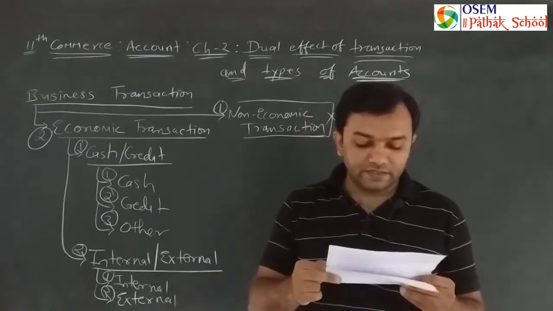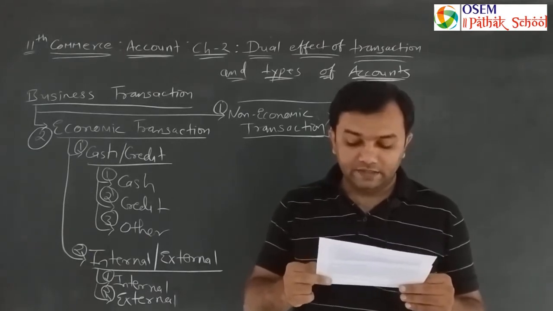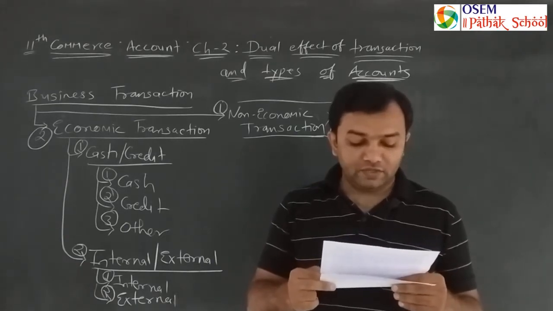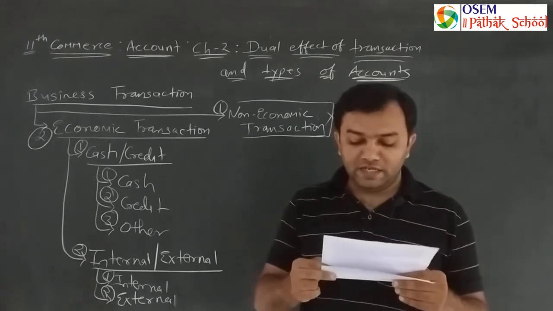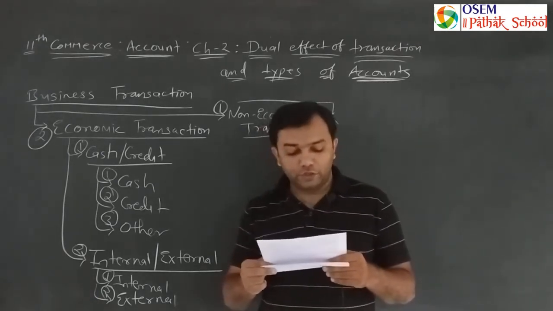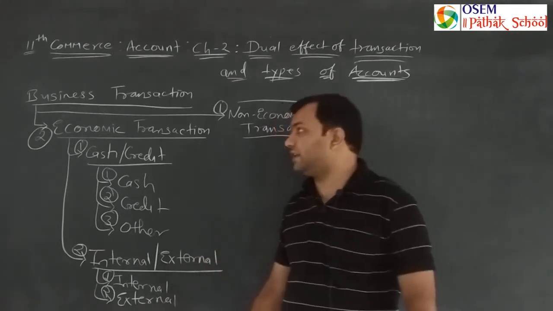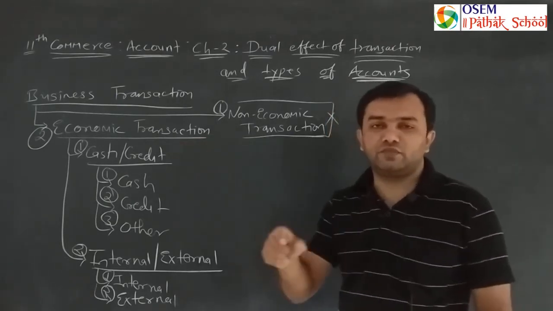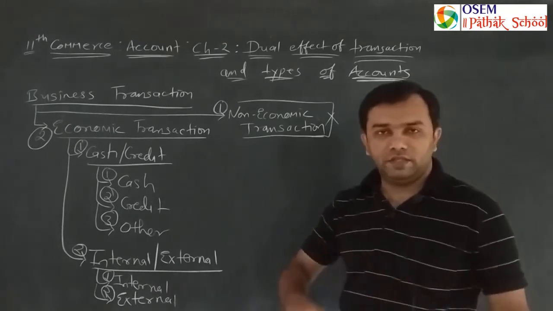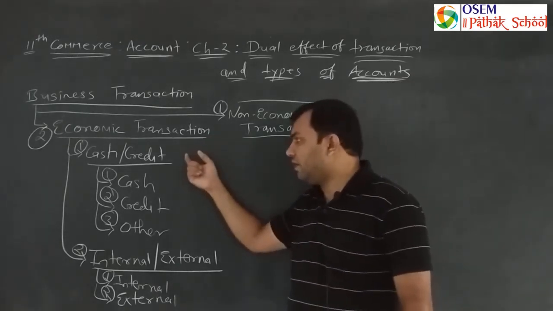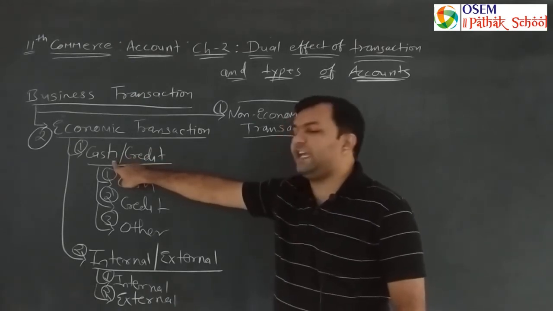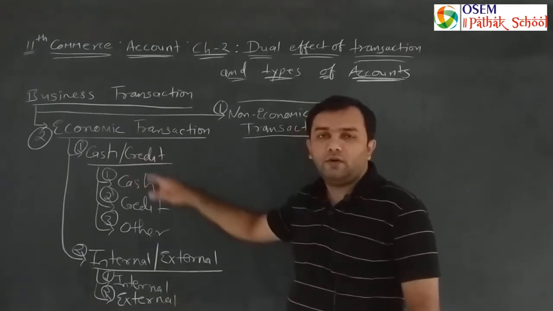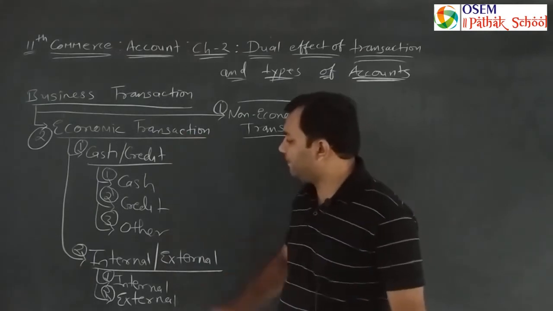Next, those business transactions, the value of which can be measured in money form or cash, and where the exchange of money in cash is to be made immediately or in future, are called economic transactions. This is a detailed explanation regarding economic transactions, in which money is involved, or the value of the transaction can be measured in terms of money, with immediate cash payment, or cash payment in future, that is a credit transaction. All that type of transaction is covered under economic transaction.